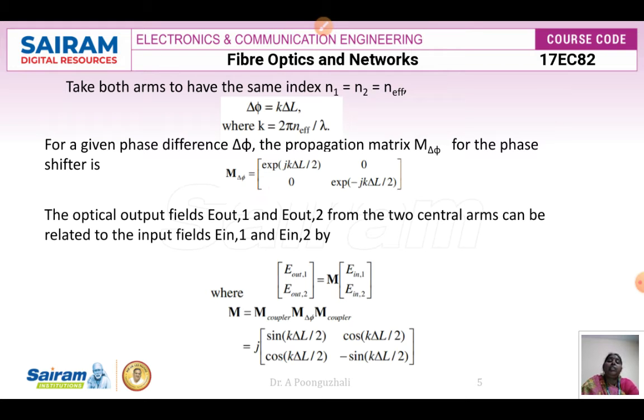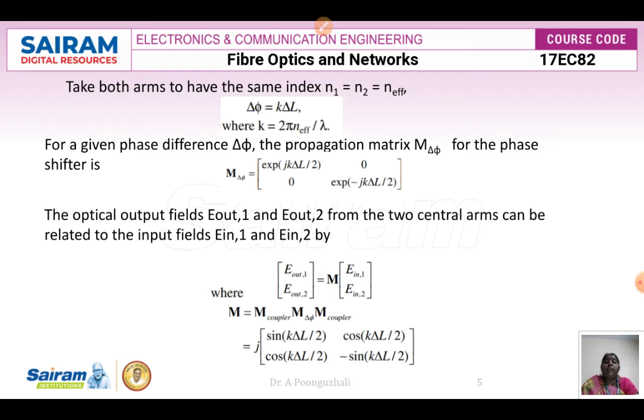The sine term will be 0, because if it is pi by 2 it is going to be 0 there. Here, if it is 0, then 0, and exponential minus jk del L by 2. So here the optical output fields E out of 1 and E out of 2 from the two central arms are going to be related to the input fields by this equation. That is, E out of 1, E out of 2 is equivalent to M into E in of 1 and E in of 2,